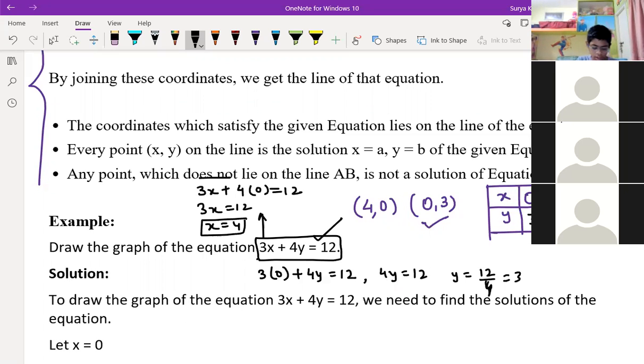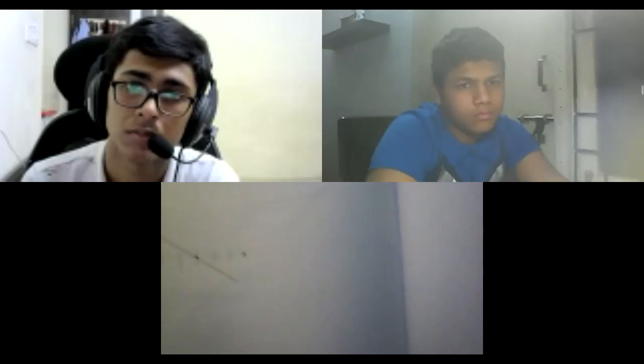Sir, I have made the graph. Would you see? 1 minute. Let me pin you. Ah, it's not showing properly. I can't see. Go a bit back. Oh, it's fine. It's correct. Name the coordinates also. Okay, sir. Suppose 0, 3 and 4, 0. Then write the coordinate names also.